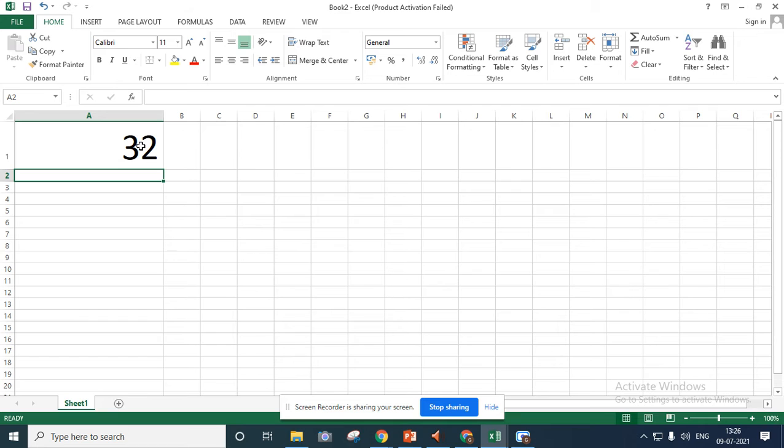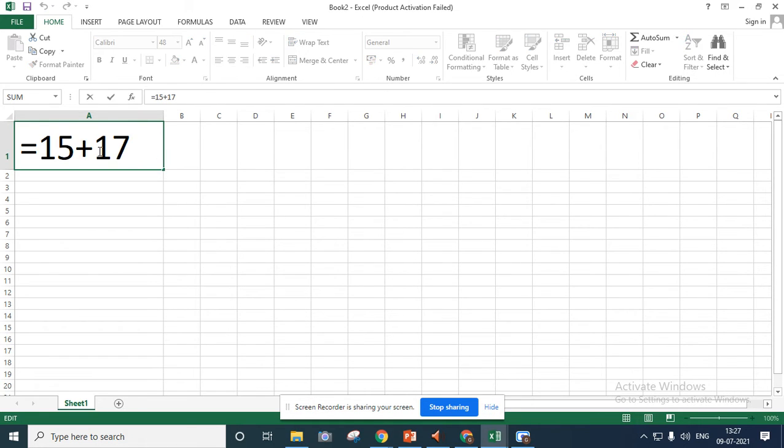Yes, ma'am. Okay, so like this we have to do different calculations. For addition we use the plus sign, but what sign do we have to use for subtraction? Yes. For subtraction, we are going to use the minus sign. For multiplication, we are going to use the star, that is called asterisk. And for division, we are using the slash sign.